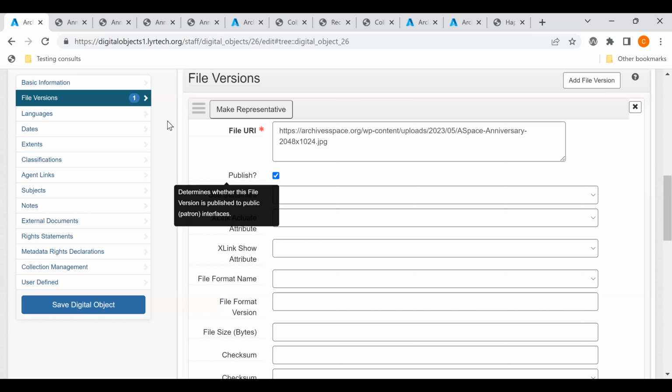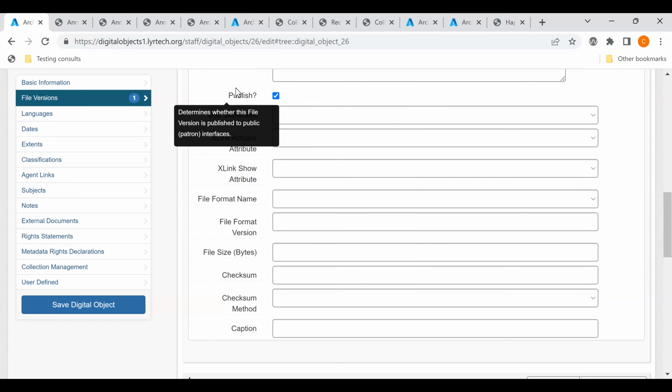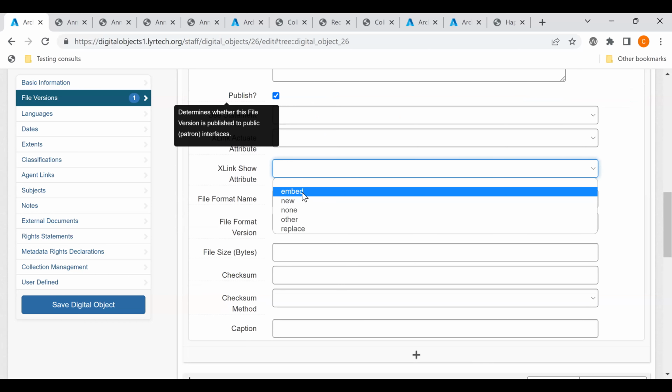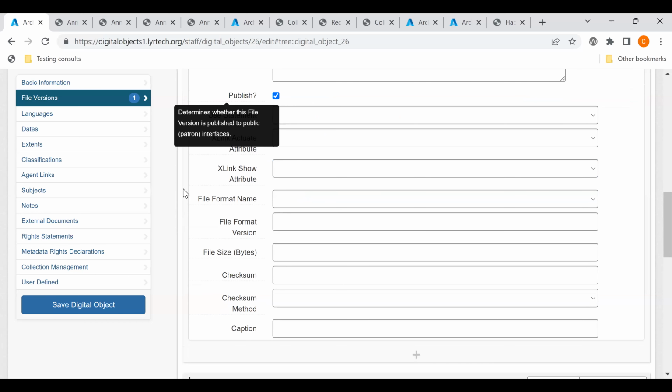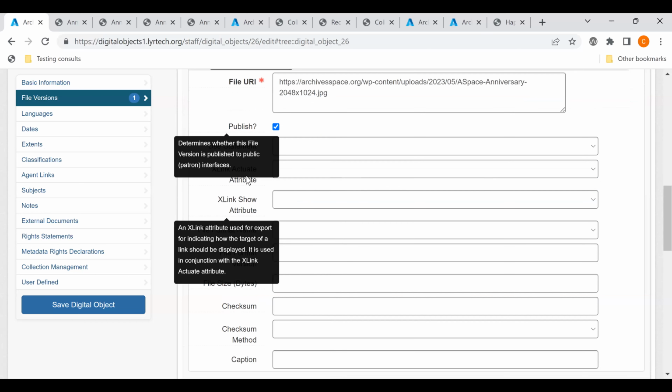There are two other ways to mark a file version subrecord as the representative one in ArchivesSpace. So you can use the Make Representative button, but you can also continue to use the Xlink show attribute of embed,